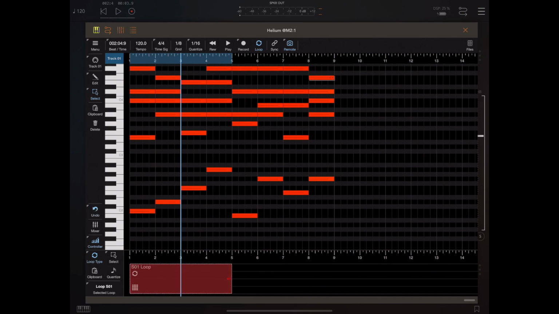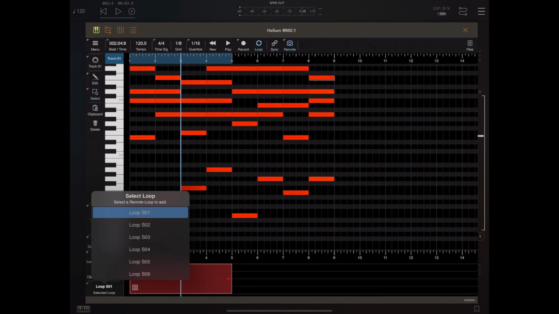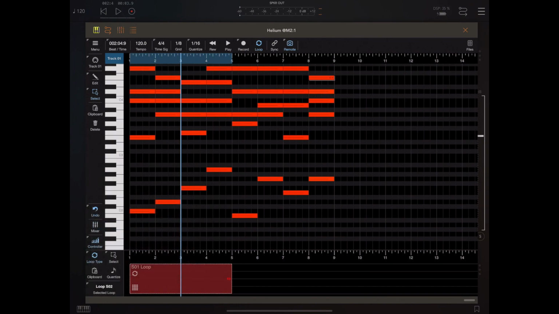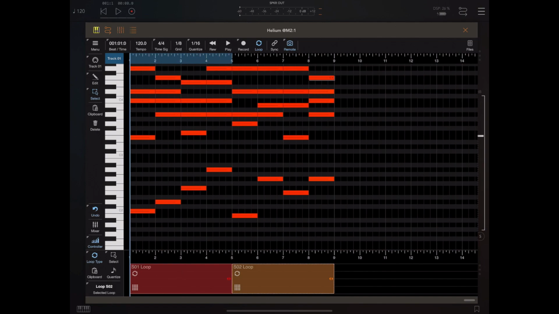And what we've done is we've just added a loop which corresponds to loop 1. If you look in the top, SO1 is selected. Now if we select loop 2, we can draw a loop 2. And if we rewind AUM and play back,